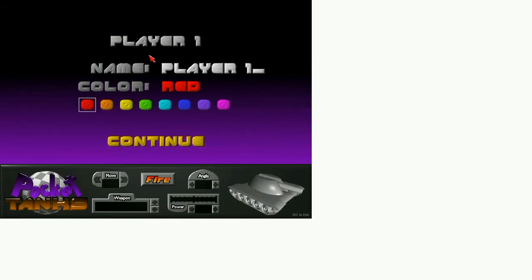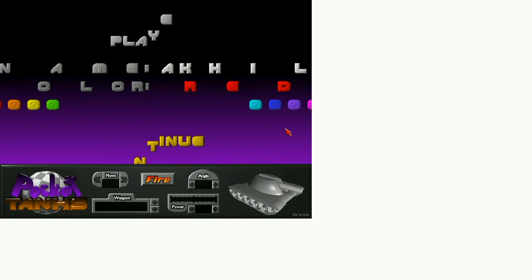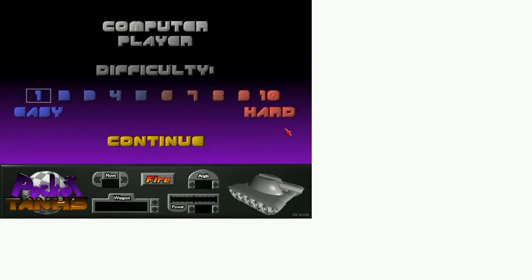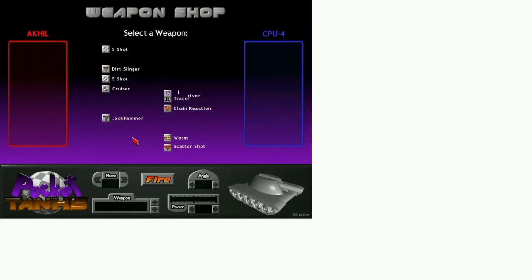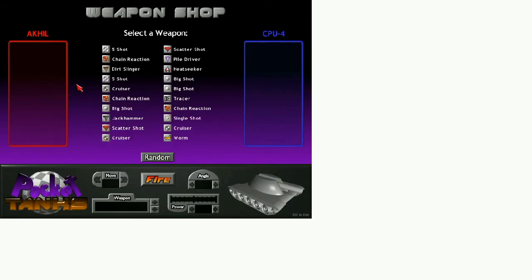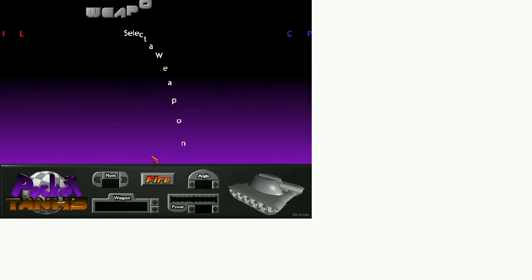Select these options and now give the player name. I'm giving my name Akhil. So here, and now select difficulty level. I'm selecting 4. Continue, and you can select manually or select automatically, and click select random. Okay,